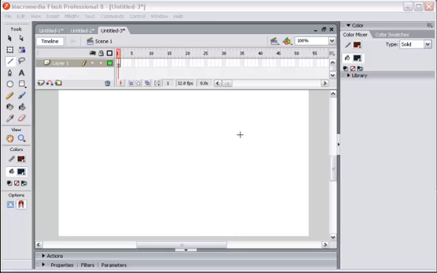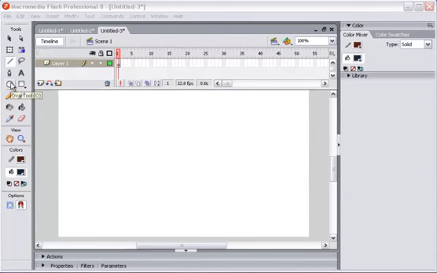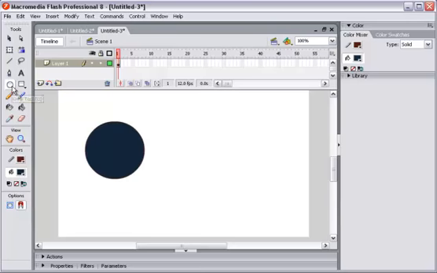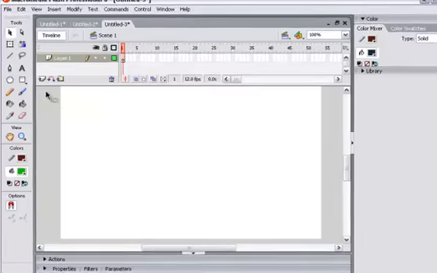Okay, now we were talking about tools in Flash. First of all, I will be drawing circles by using the oval tool here. When you create, okay, we change the color just a little bit. When you create